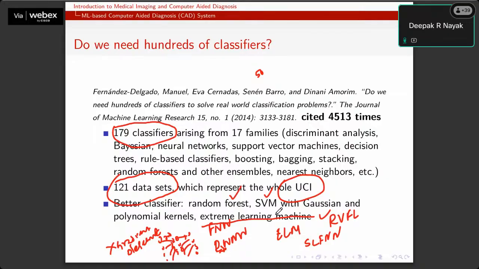That is the recommendation from the authors of these papers. That is why in some research papers, people compute their classification task with the help of several classifiers, and then they finally come up with a recommendation: out of all these classifiers, this classifier is going to help us solve our problem.